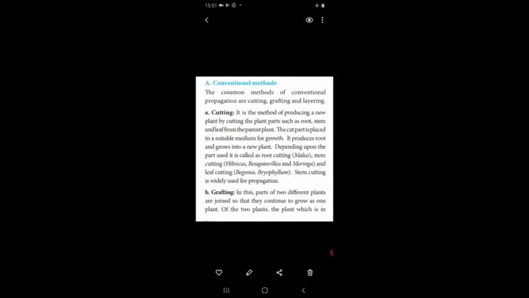Out of these three, cutting, stem cutting, leaf cutting and root cutting, stem cutting is probably used for vegetative propagation. It is one method of conventional reproduction. Another one is grafting. In Tamil we call it padiyam podudal. Grafting method. In this method,